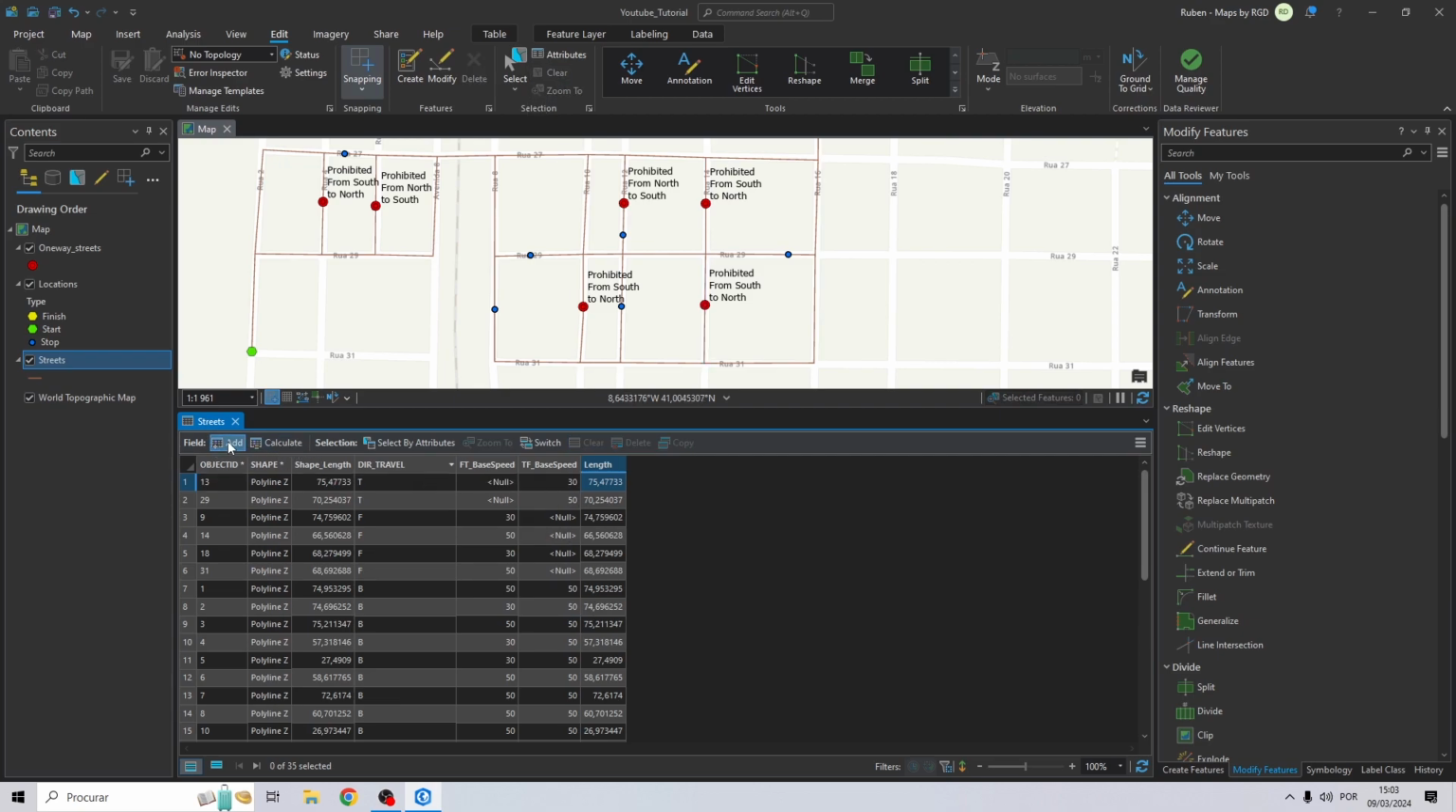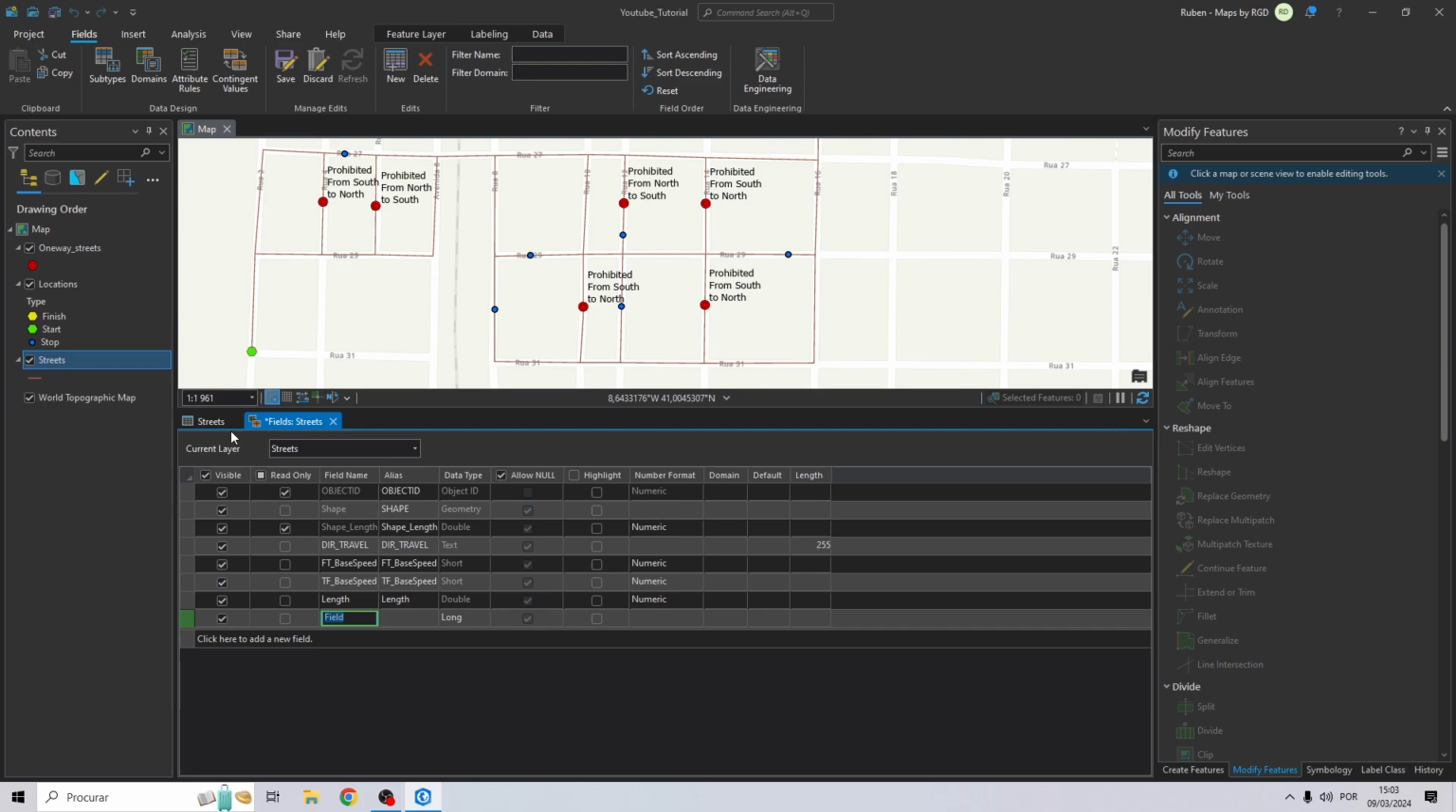Let's clear and add 2 more fields. Let's now create 2 more fields to understand how long each street, taking into account the speed limit, takes to travel. So this one will be called ft underscore minutes, and the data type will be float right here, and this one tf minutes, and the data type will be double float 2. Let's click save,